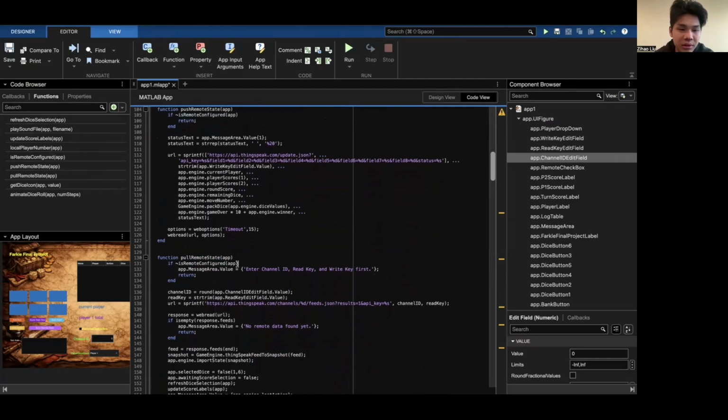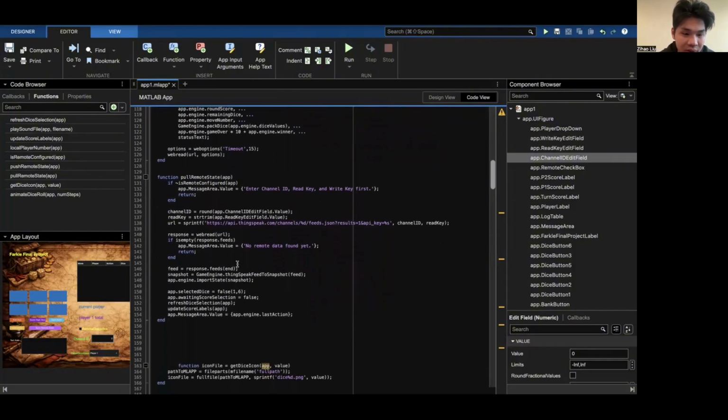It reads the most recent feed, converts it into a snapshot using the game engine, which we have in our file, imports it into the current app, clears the selected dice, refreshes the dice display, updates the labels, and shows the latest action message. And the next function I have, let me see,